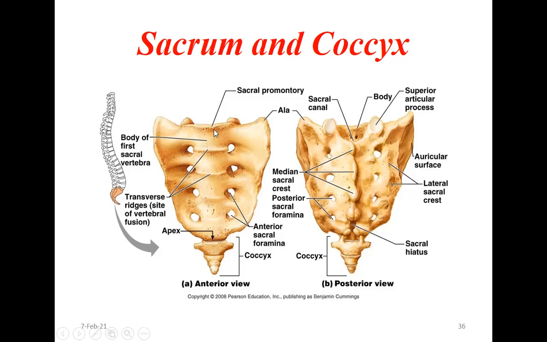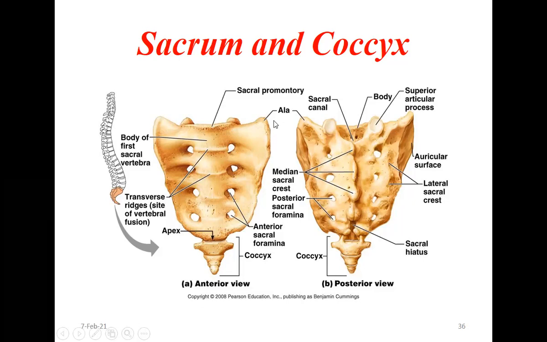So one of the important features of the sacrum is, you can see here, this is called the sacral promontory. So this is the sacrum here. So this part is called the sacral promontory. Then we have the transverse ridges. Then you can see here, these are the anterior sacral foramen, and this is the picture seen from behind. This is the posterior sacral foramen, and here you can see these spines are all fused together to form the median sacral crest. Okay. Then below there is a space, this is called the sacral hiatus.